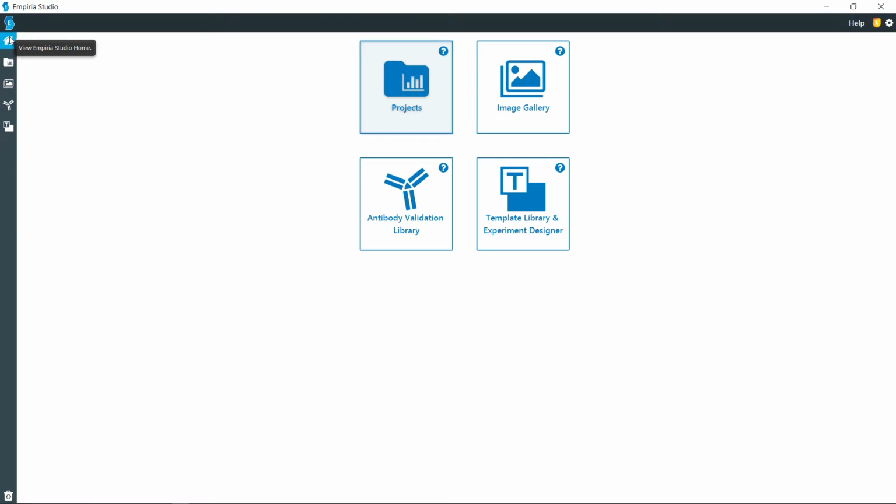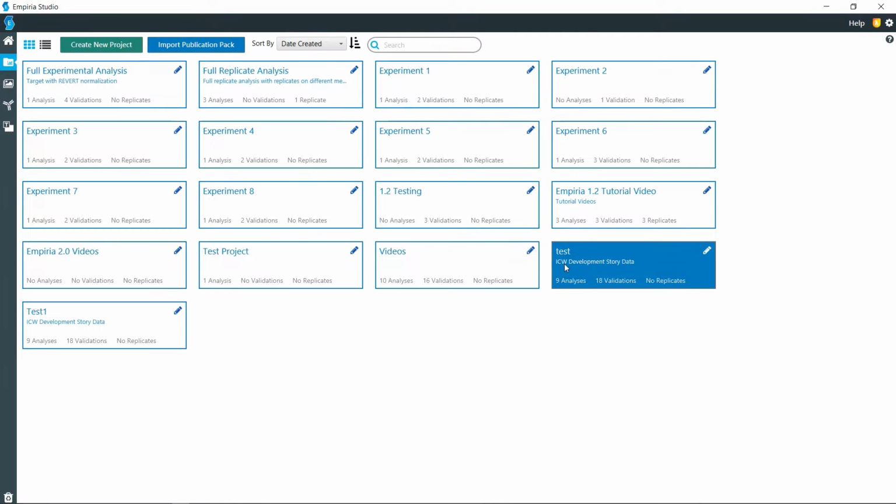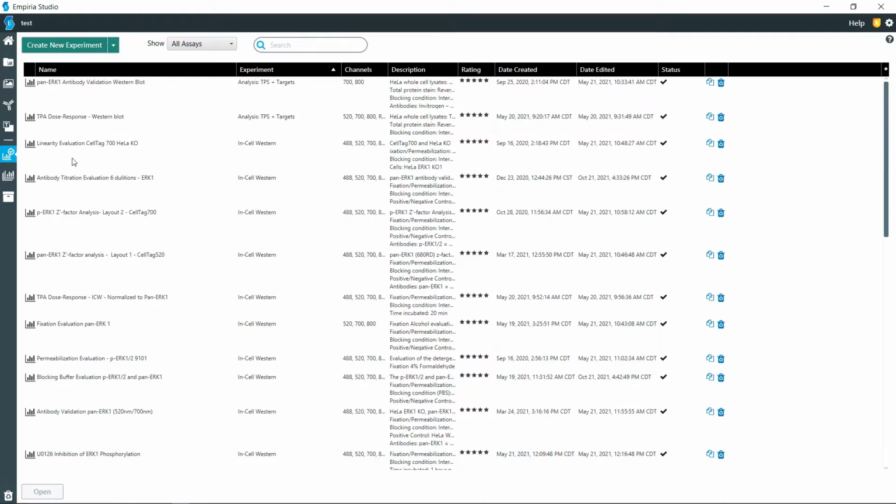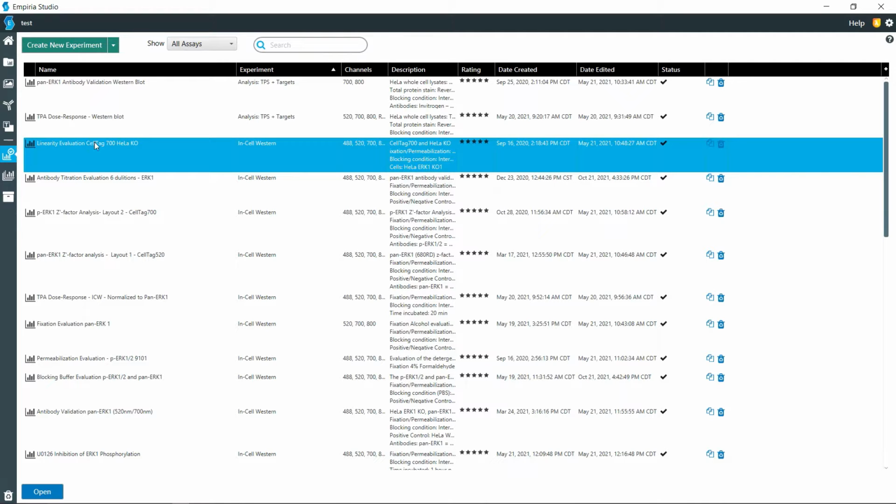In this video, we will be going through the steps involved with examining the linearity of the cell stain for use in the In-Cell Western. I'm going to use an analysis that's already been started, so I'm going to open up the projects, go into the project here, and I'm going to choose this one that is testing out the linearity of the cell tag